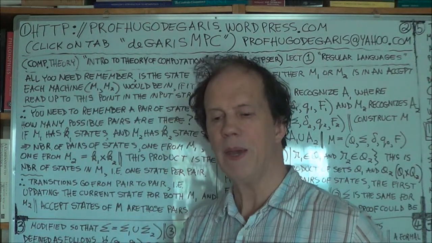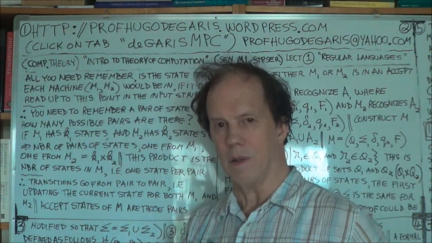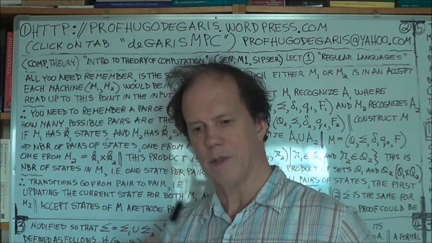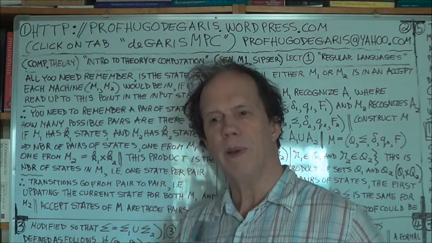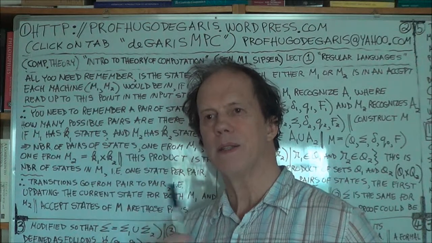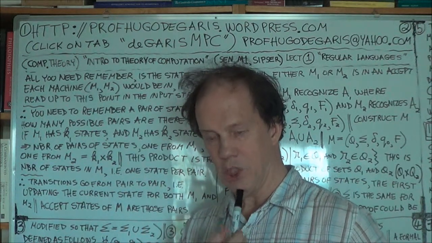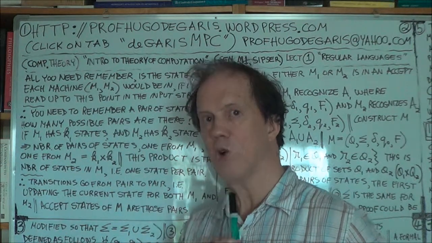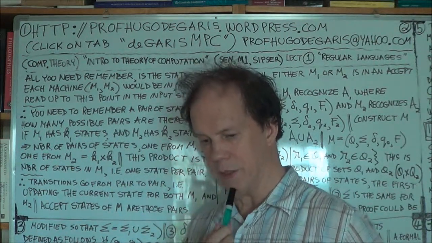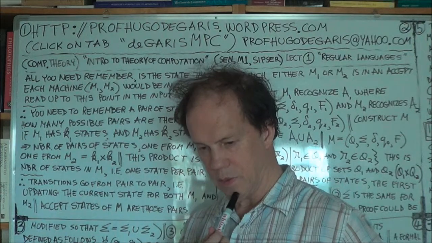Okay, and that pair, state of M1, comma, state of M2, becomes a state, the current state, if you like, of machine M. Now that's a core idea, that's a basic idea. And then when we come to